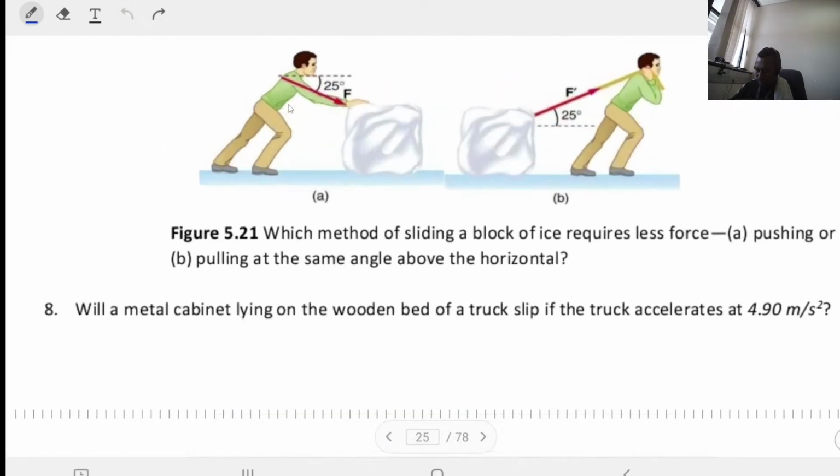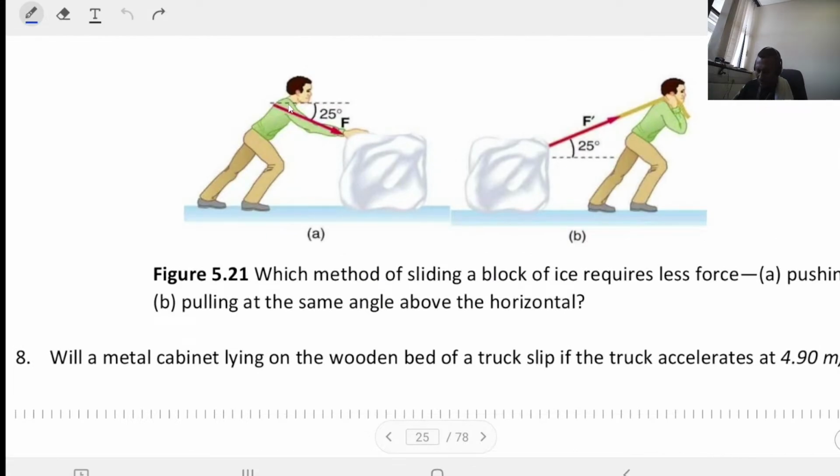What is it? There is an angle. Therefore, the force to the right, and then to the left, because he is not pushing horizontally. This one is F cos theta. I'm decomposing this vector. Down is Fy, horizontal is Fx. Therefore, Fx is F cos theta. Horizontal down is F sin theta. Then,